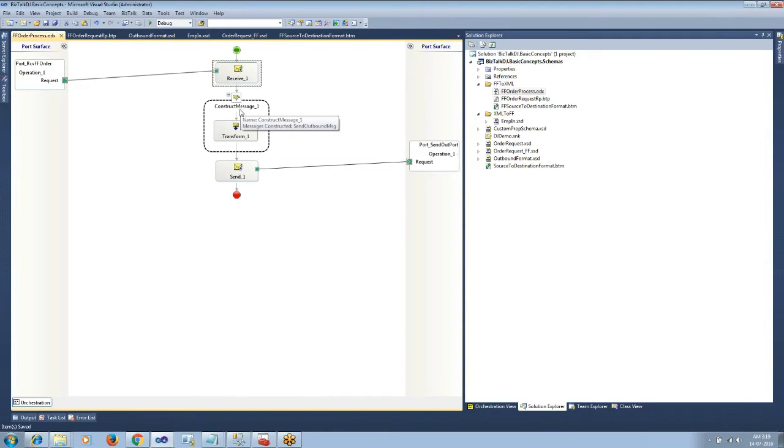Now we have configured our orchestration to receive and do the transformation and send the transformed message to the target.